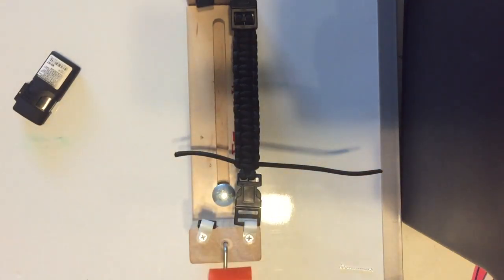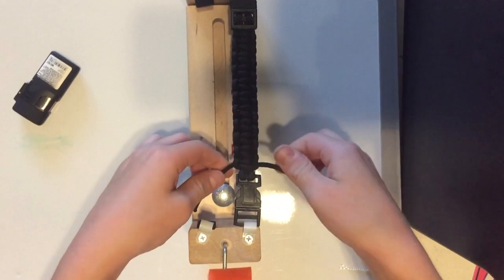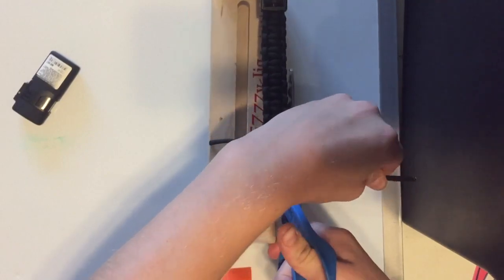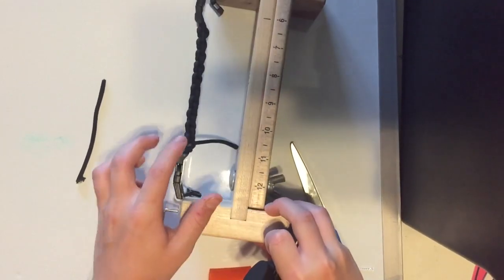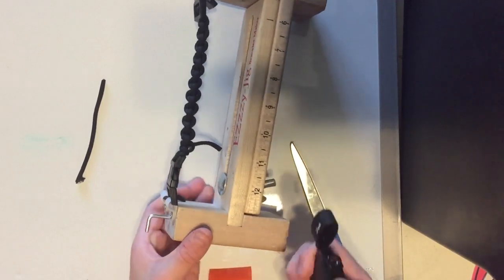Alright, so now that you have finished your bracelet, you have it down here, all the way down to the end, like so. You're going to take a pair of scissors, and you are going to snip your end. And now that you have your end snipped, it should have a little white piece from the innards of the paracord. And you're going to take your lighter,